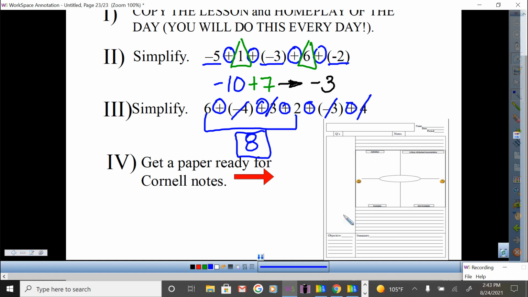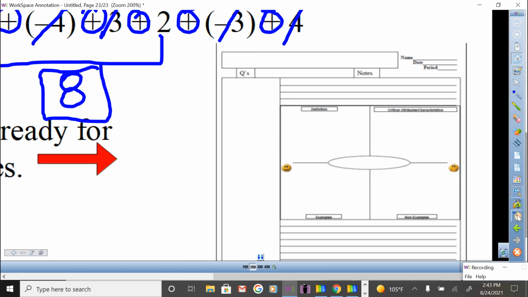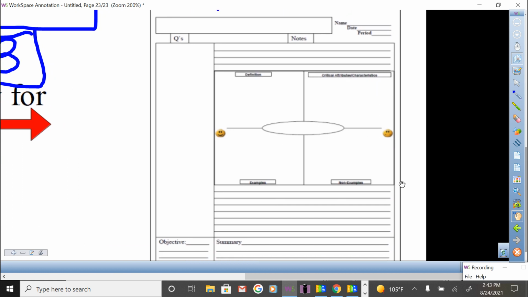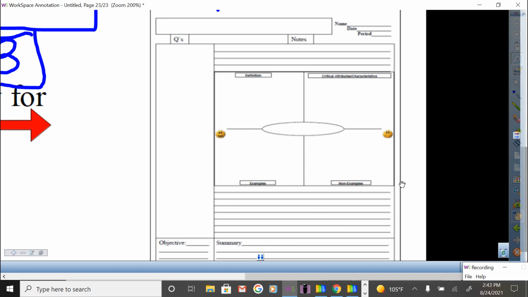All right, I want you to look at the Cornell note. One of the handouts, get that in front of you. I want to make sure we understand the components of that sheet. Now, you're going to be able to write on it today, but after today, when I ask you to create a Cornell note, it needs to look like that. That's what I want to go over today, okay?